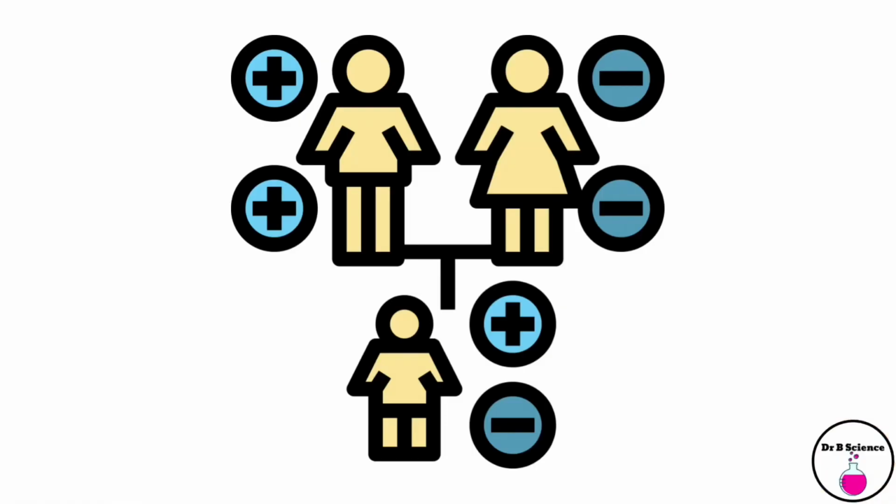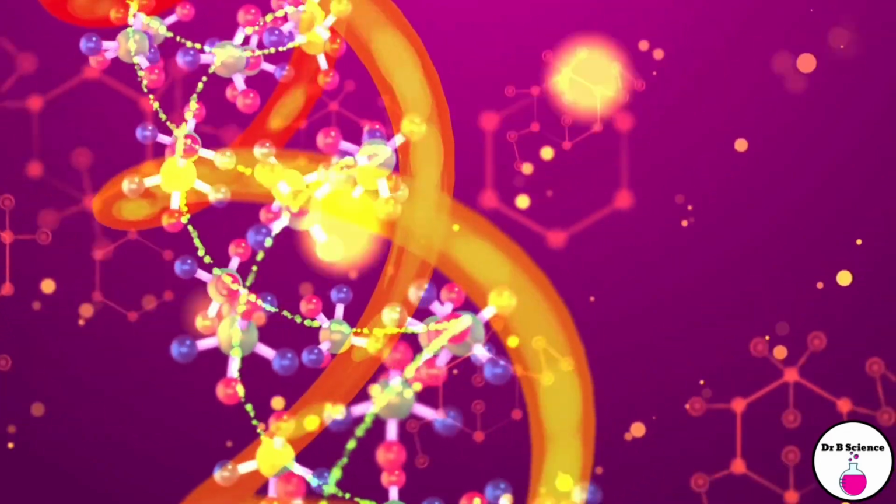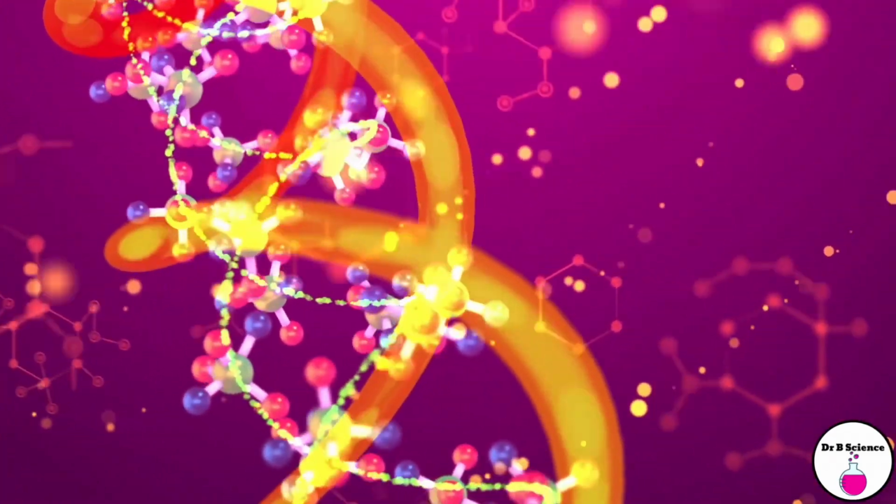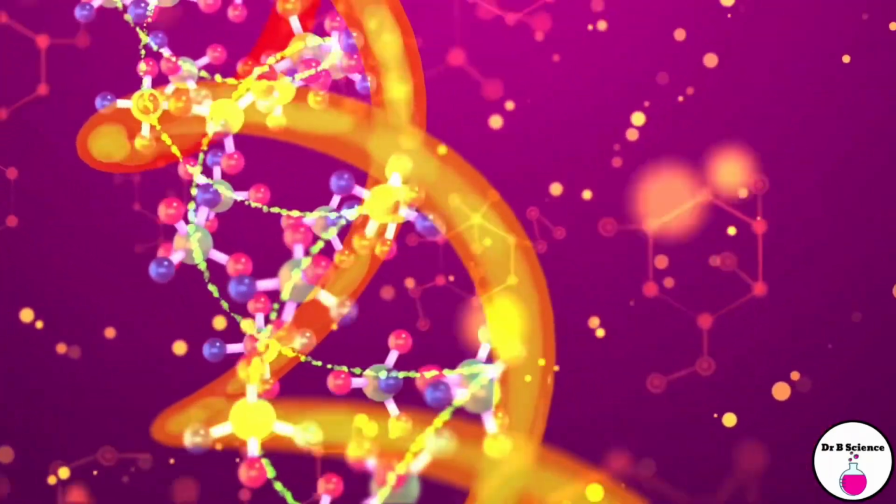Remember, mutations can be passed from parents to offspring. So these harmful, beneficial, or neutral changes can create variations within a species over time. This is why we see such a wide variety of traits in nature,